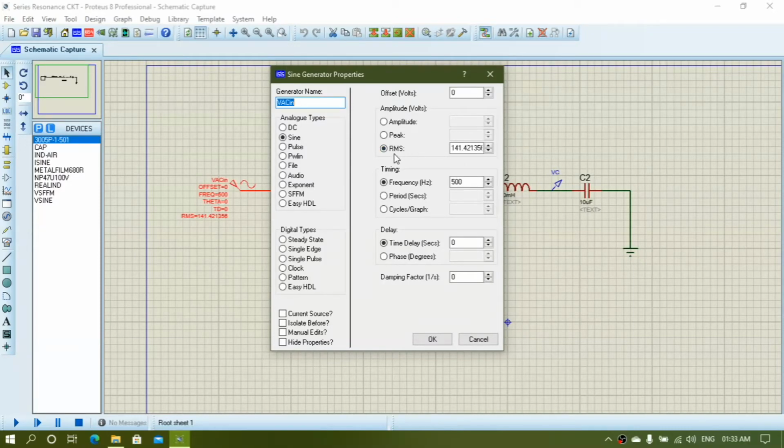I provide here the input RMS voltage, which is equal to 200 volt. So I directly take it as an RMS, and frequency, as I already mentioned, 500 Hz. Okay, and select the nature of this signal as sinusoidal.